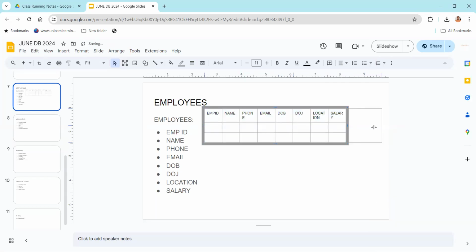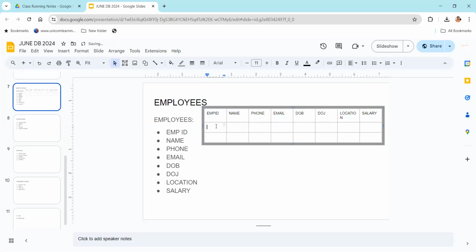Okay. Now let's start putting some information here. One, employee ID 1, employee ID 2. Now employee ID 1, we'll put name as Sachin, and let's say Virat. Phone number 234-254. Email